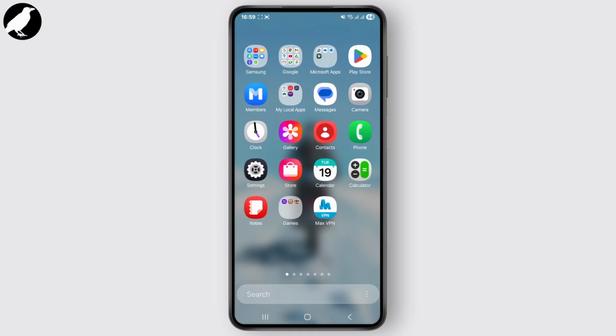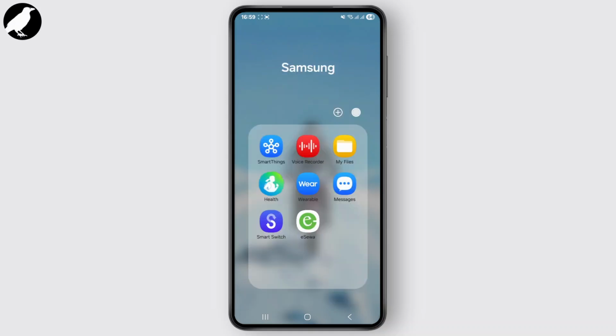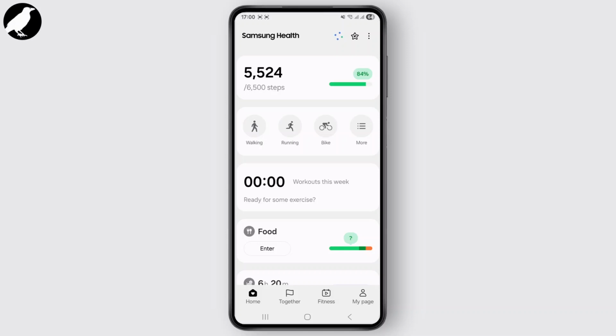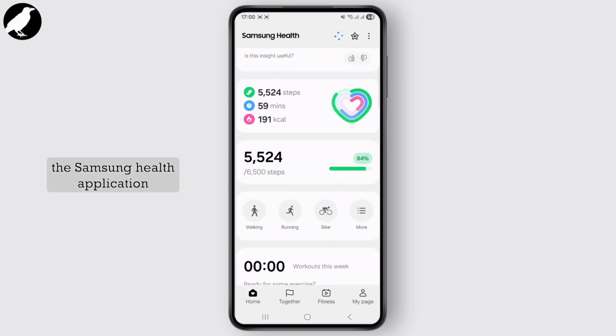In this quick tutorial, I'll be discussing how to see your workout report on the Samsung Health app. If you're also using Samsung devices, as most of you know, if you log into your Samsung Health application, it will keep a track record of your workout sessions. To view that, you can basically open the Samsung Health application and make sure you're currently logged into your